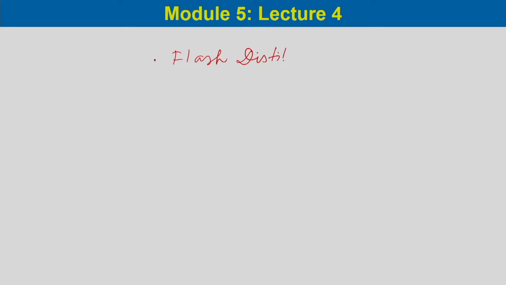Welcome to the fourth lecture of module 5 of mass transfer operation, and in module 5 we are discussing distillation operation. Before going to this lecture, let us have a brief recap on our previous lecture. In our previous lecture we mainly considered flash distillation. Under flash distillation we discussed the material balance, component balance and the energy balance equation, and we solved a flash distillation problem for a binary mixture.